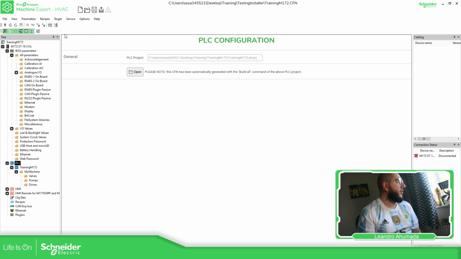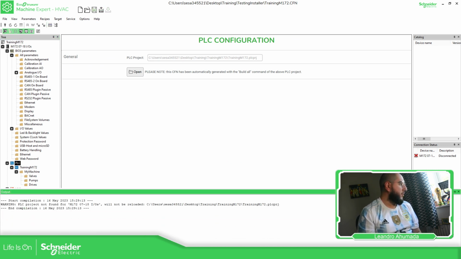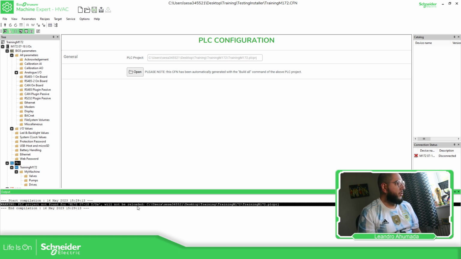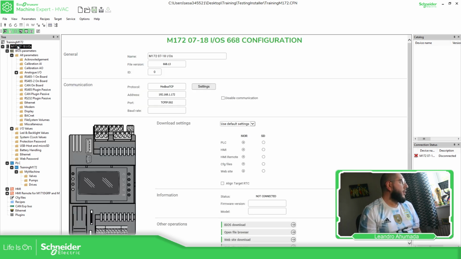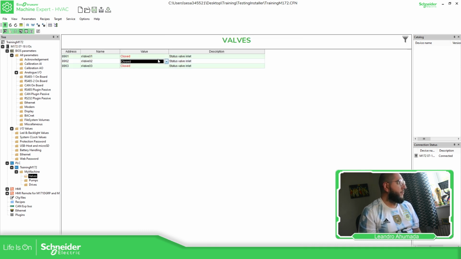So if I compile this part, probably I will receive an error. Okay, it wasn't able to find this part, which is fine because I changed the extension, but it will allow me to connect. So I can connect to the controller. It's connected, and here you should be able to see that I'm able to open and write directly to the